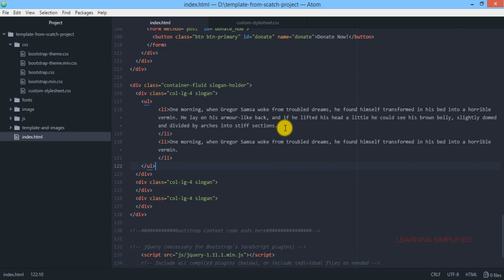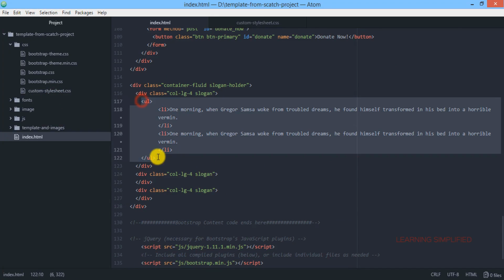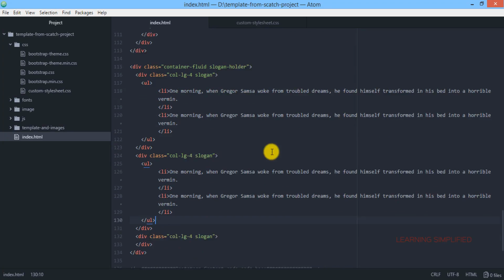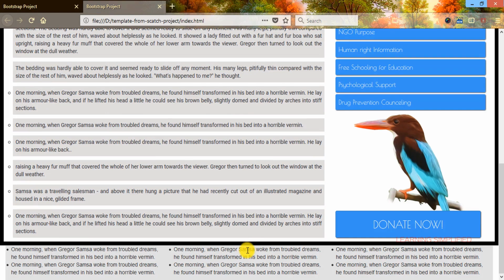Let's go to View, toggle soft wrap. So all we now need to do is copy these list items and paste them everywhere. If we now reload, here comes the part that so far has been created. All those list items that we were about to create are right over here.